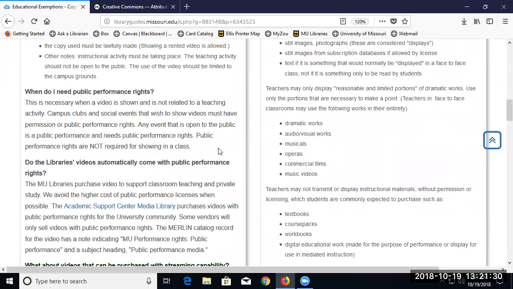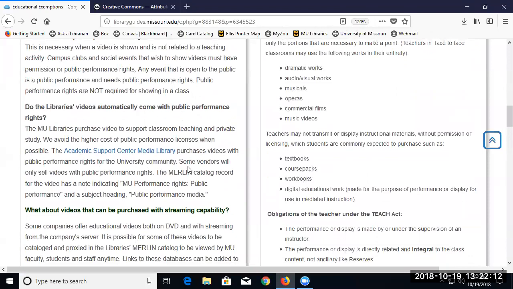We find some of the movie vendors will insist that you need to have public performance rights to show it in a classroom. Our understanding is that is not true, that showing a video in a class situation should not require public performance rights. When we're buying films as a library, we typically do not buy the public performance rights because we're getting things for personal study for an educational purpose. Some vendors will not sell to us unless we pay the extra to get the public performance rights, and that's noted in our catalog records. So if we have that, that would be available for showing to a club or some non-class sort of thing, but generally you shouldn't need that.